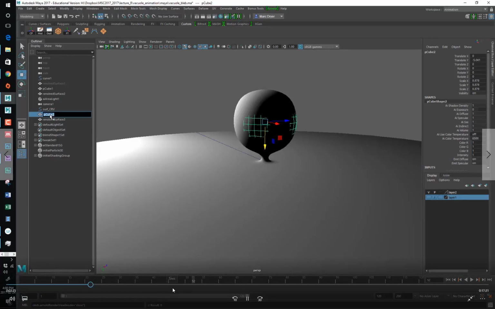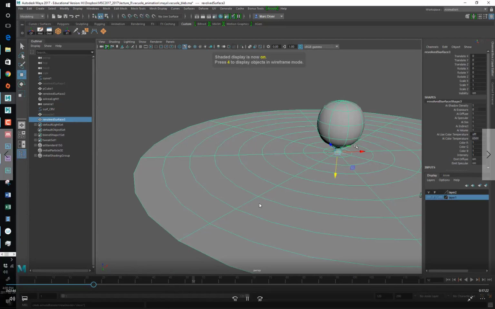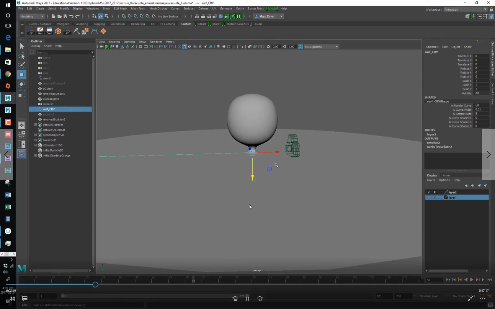And because history is still turned on, you can go in and change the shape of the curve, and it will update this surface that was generated from it. So this is an important thing to remember. This surface that's made by revolving that curve around, you have to keep the history turned on for that thing,